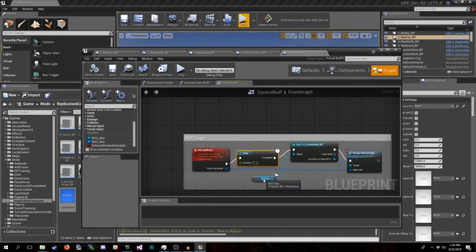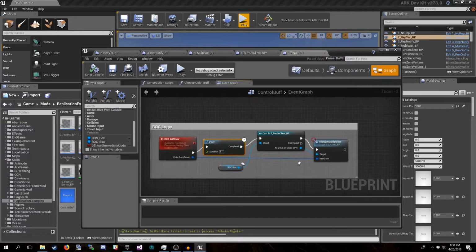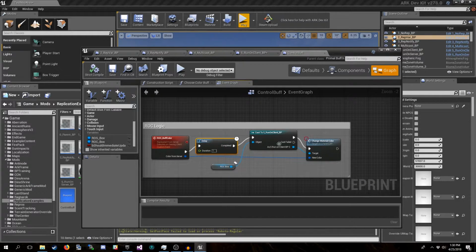After that short wait, we get the value of ROC box, and we try to cast it to the run on client BP class, or a run on client BP object type. Once we get that, we'll call the change material color that is part of that class.